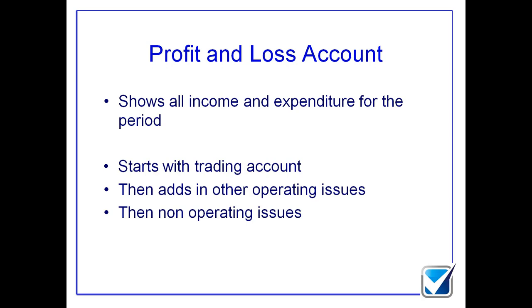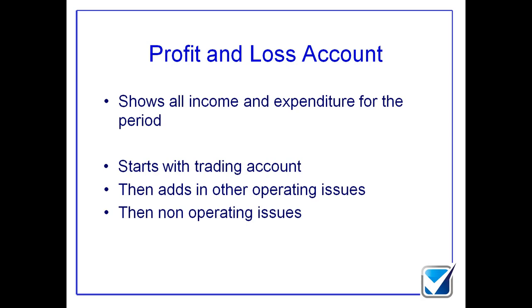Then what happens is further on down within my P&L account, we look at other non-operational issues such as every shareholder's dream, getting dividends paid out. Dividends come off the very bottom. You get down to your operating profit, you then subtract your tax, you get to your PAT, profit after tax. The profit after tax is the amount which is legally available for distribution as a dividend. And yes, that's a complete mouthful because it comes straight from the Act. So you can only distribute profits that are legally available for distribution as dividends. So there are some key restrictions there.